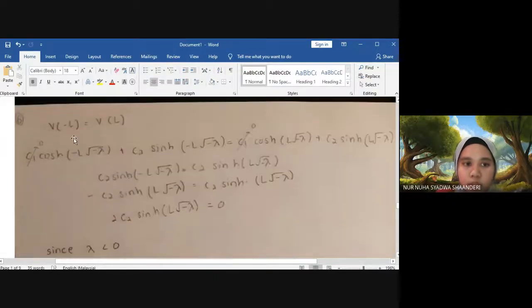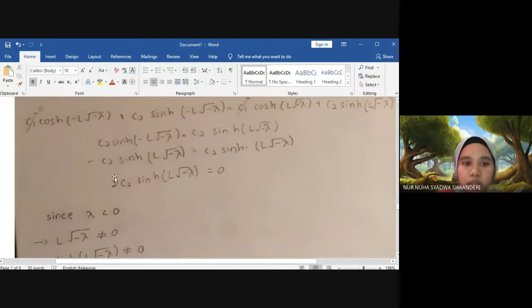And next, on the left hand side of the Vx equation, we substitute x with negative L, and the right hand side of the equation, we substitute x with L, and from before, we have C1 equals to 0, and we substitute it in this, and we solve them,